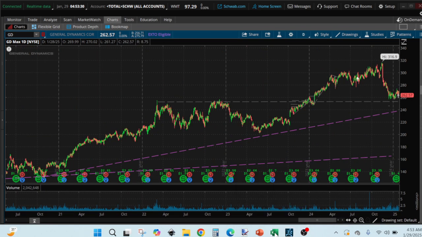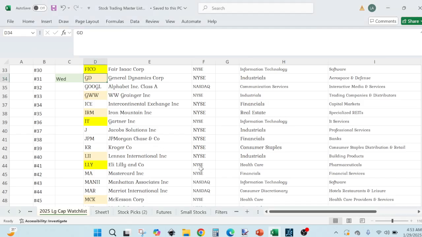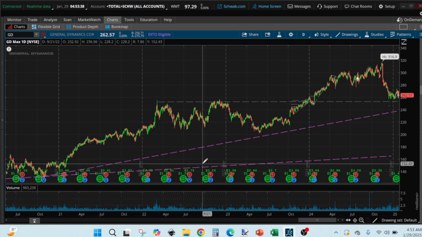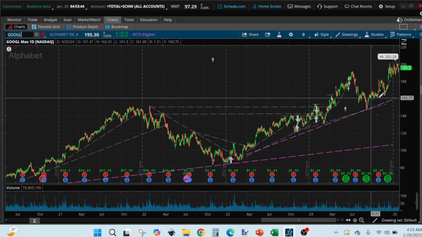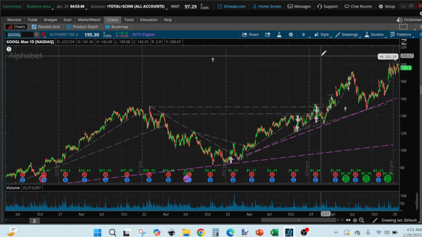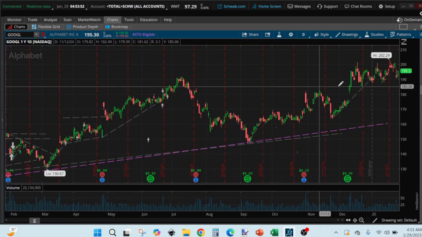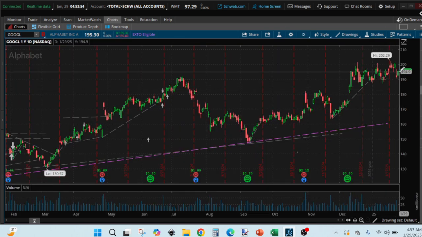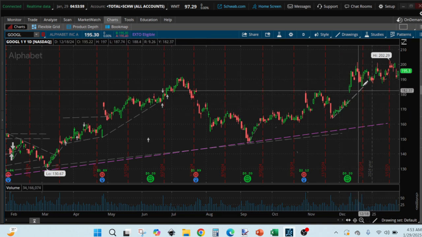and we are going to look at the next one. So the next one is Google. So Google, we like to buy it at the purple trend line, but right now it's going up. If we go to the 1 year daily chart to make the chart a little bit bigger, Tuesday the price went up. It's been following this trend line,